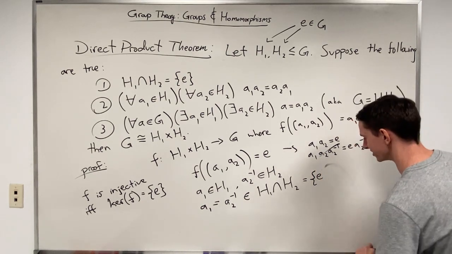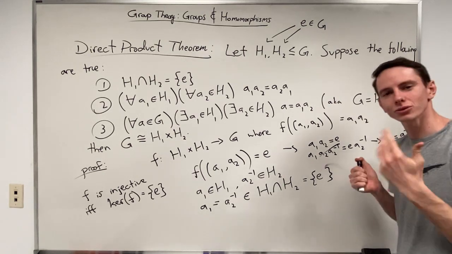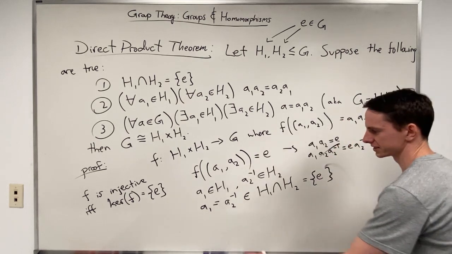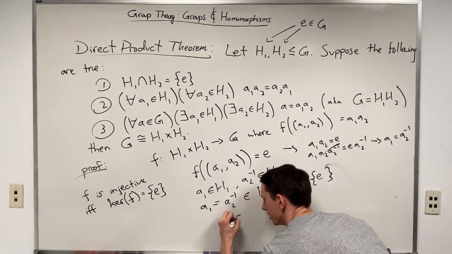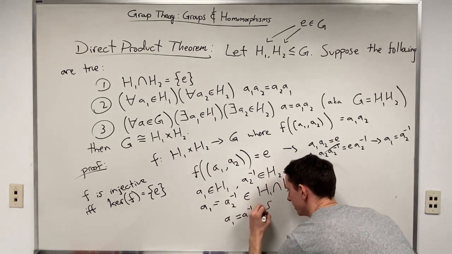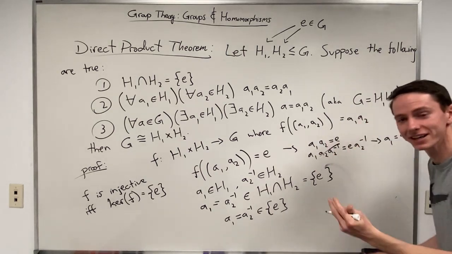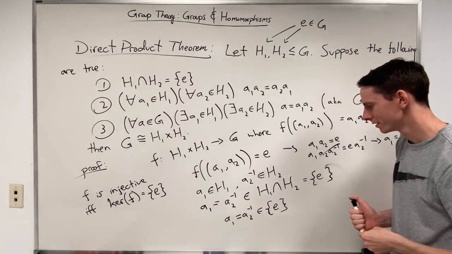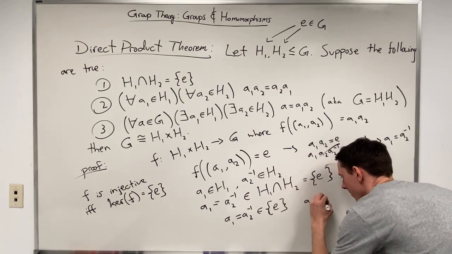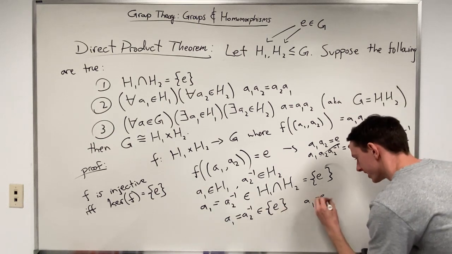I'm close to making the brace, right? Close enough, right? So let's see what this says. What this is saying is that A1 equals A2 inverse, which is in the set of one element, the identity element, right? So what does that mean? That means that A1 is the identity, right? Because it's in there, and A2 inverse also has to be the identity,